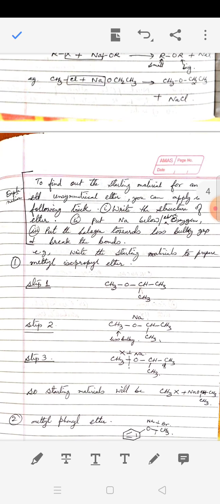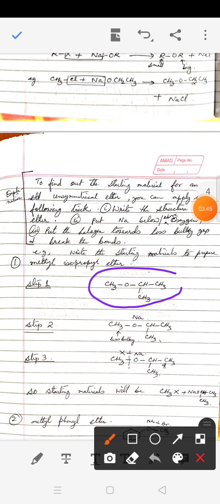Now to find out the starting material for an unsymmetrical ether, normally what we do, because in the exam they never give you a reaction to complete, hardly will you find a question to complete a reaction. Normally they give you the product and ask you to find out the starting material. So for that what you do, first you write down the product given to you, then above oxygen you write sodium, okay, and third step, to the less bulky group you put the halogen as it is put here,